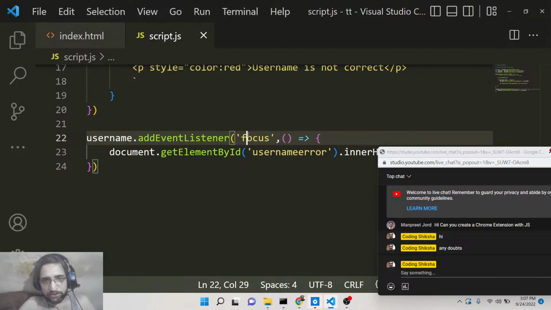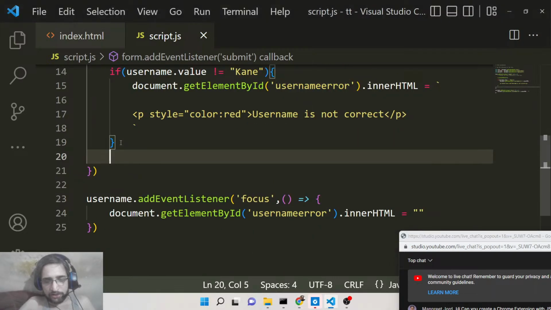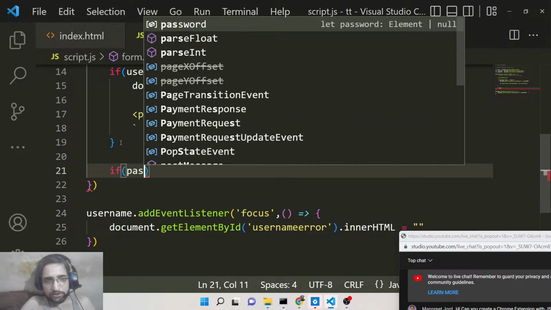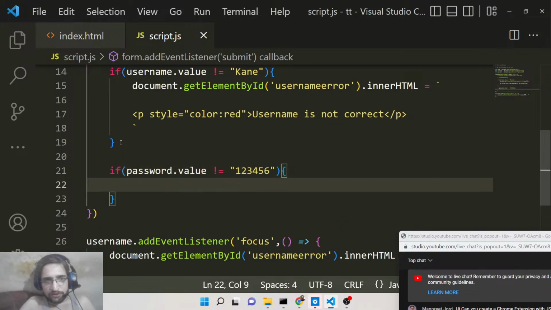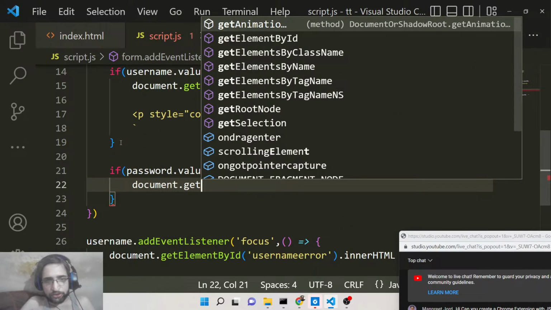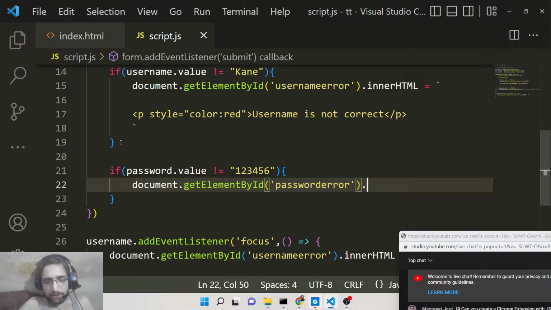This is a focus event that we are attaching to this input field here, that is doing this task here. And similarly, we can have another if condition here, this time for the password. So here, if password is not equal to 123456, in this case we can show the password error, and here we can say inner HTML will be equal to